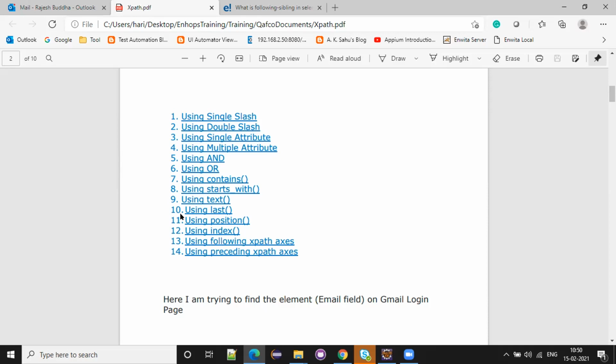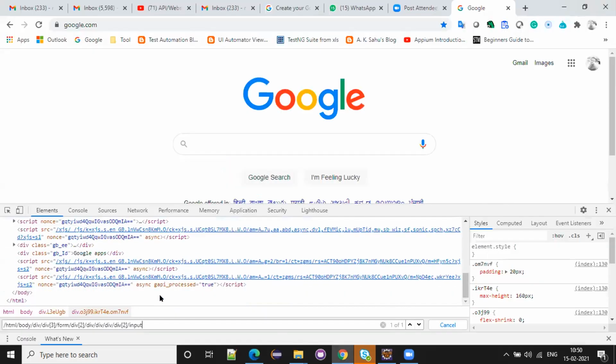These are the XPaths there. So these are the 14 relative XPaths. What does relative mean? Relative means immediate child. Using the immediate child, we can write the XPath. So most of the time, we will use the relative XPath.